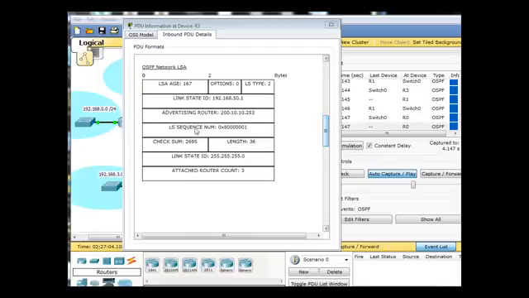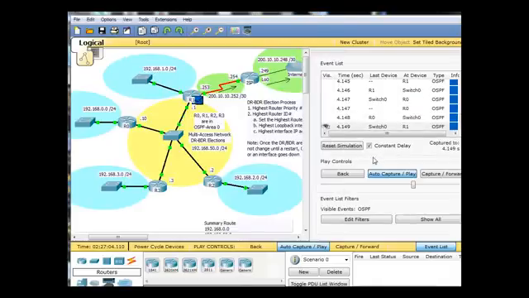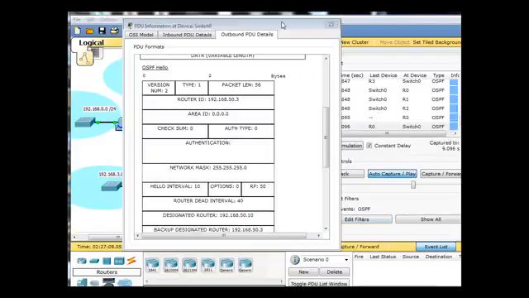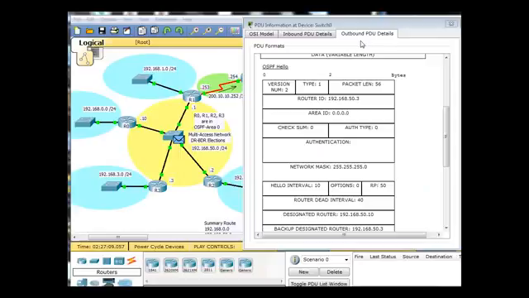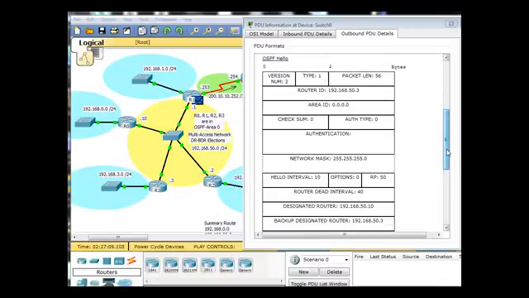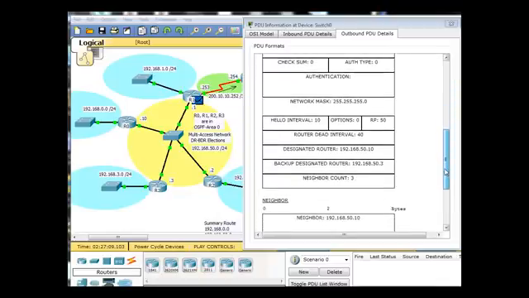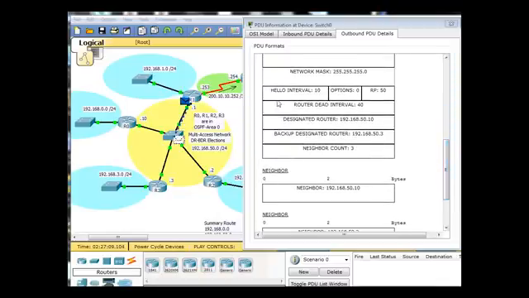Link state advertisement. So interesting. I'd like to spend some more time with that. You can see here I saw an outbound PDU detail off of this one right here. Outbound, you can see it's an OSPF hello packet that we can take a look at and see the hello